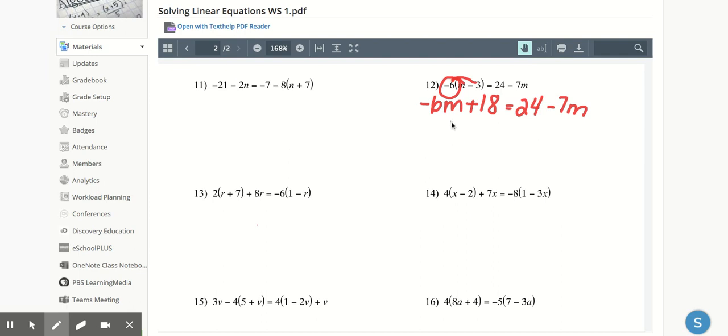You can do that in a couple of ways. I like to keep my variable term positive if I can. So if I added 6m to both sides, that's still going to leave me with a negative m over here. So instead of adding the 6m, I'm going to go ahead and add the 7m to both sides. And so that's going to leave me with an m on the left plus 18